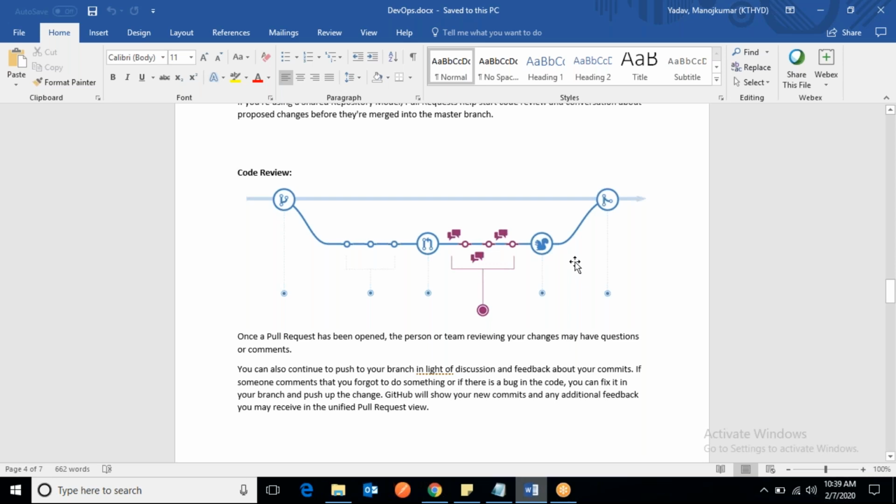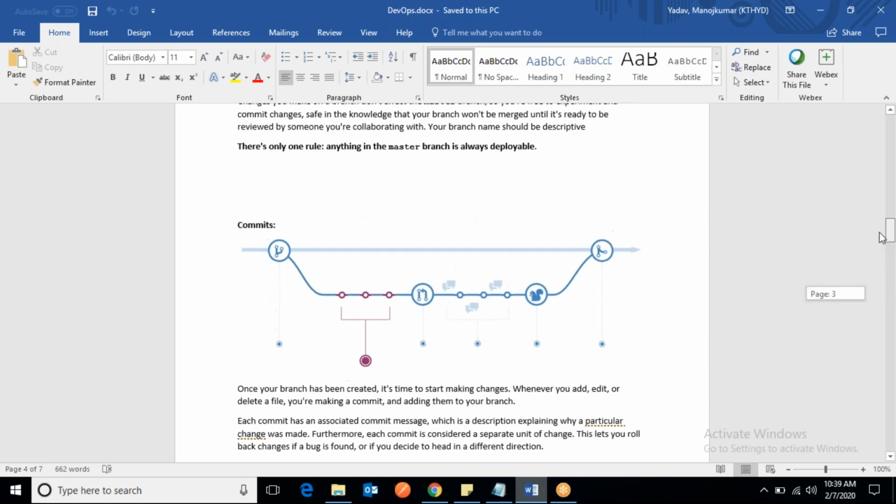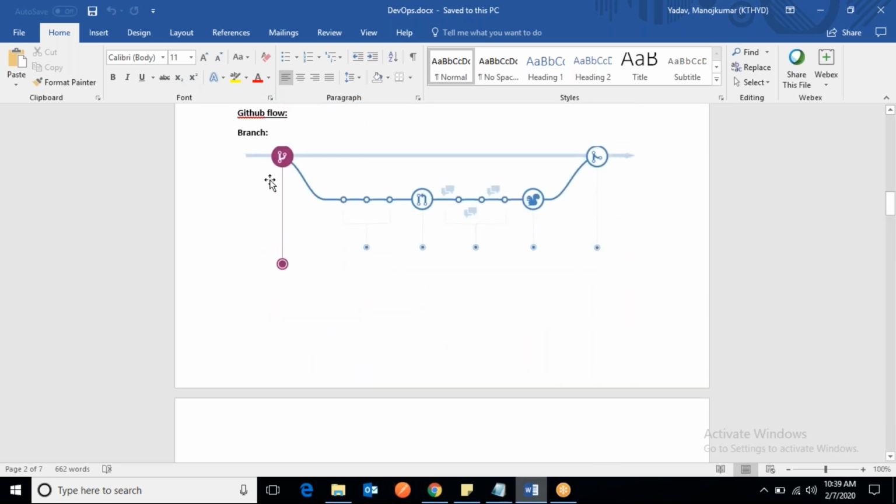I got confused. Pull request means you are pulling the code from GitHub, right? No, let me go back to here. You create a new branch. Suppose you got a new feature to work on, to develop in the application. What you did, you cloned your repository locally. You created a new branch, and then you started working. So you are currently working on this branch. It is nothing related to the master or this dev branch.